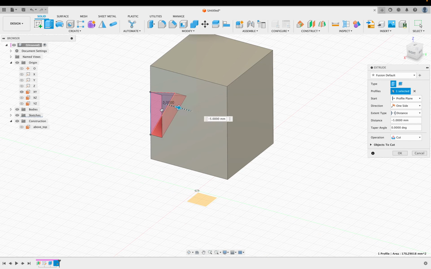I can either make sure that this triangle goes all the way through my rectangular prism, or I can just click where I want it to end, and I want to end at this plane. And I say okay. I need to make sure that the operation says cut. Another way to check is that it's red. Red means it's cutting. Sometimes when you're cutting multiple objects, you'll see that the objects to cut have all the bodies that you're going through, so you might need to select a certain body, but because this example has a single body,